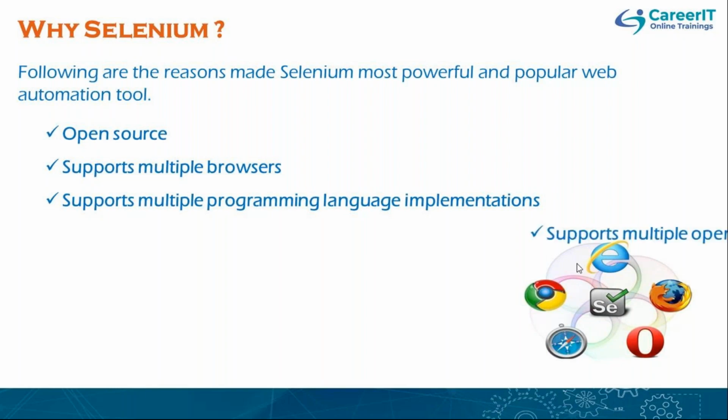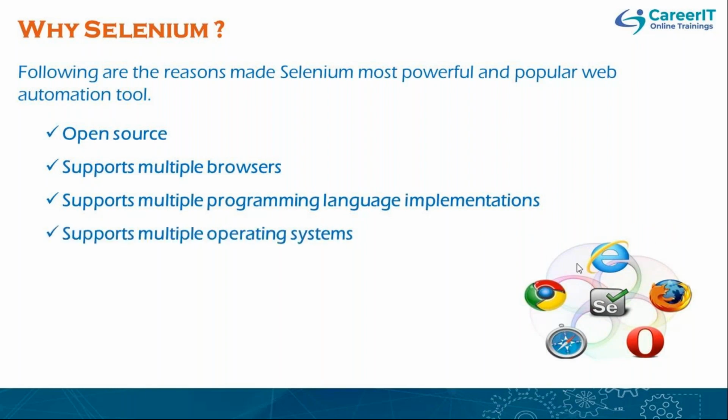Okay, so next, it supports multiple operating systems. You can run your automation scripts on a Linux machine or Unix machine or Apple iOS machine also. Okay, so you can write your scripts in a Windows based operating system, and you can run them on different operating system machines, guys. That is possible, and it supports multiple frameworks. So whatever different frameworks are available in the market, like unit testing frameworks like TestNG or JUnit, or automation frameworks like hybrid or keyword driven framework, it supports multiple frameworks.